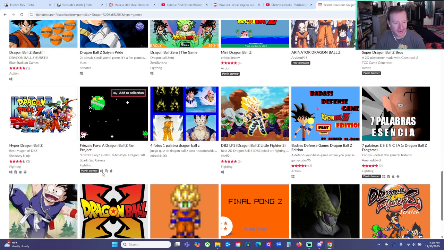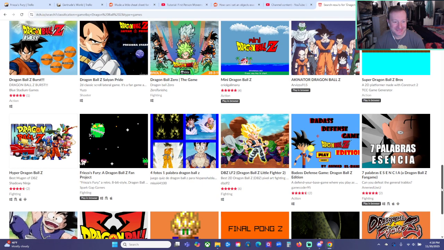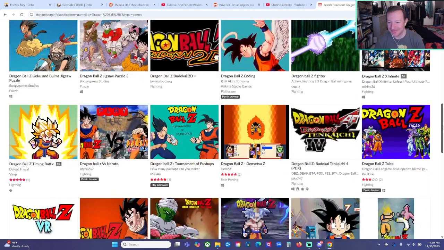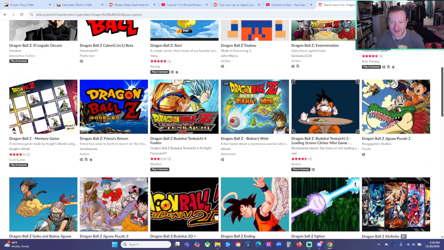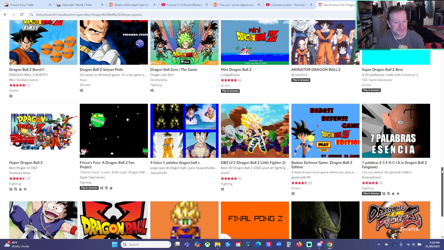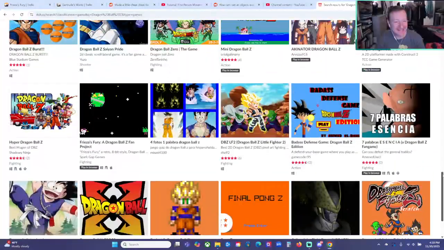But look, it's got play in browser, and it shows we have the other versions of it. It looks pretty robust compared to these other listings. Yes, it looks super robust and really nice. Look at that, with little Frieza and Piccolo. So we'll see who plays it. A lot of these are just the Windows version or whatever, and ours is like, oh look, we got a version for everything. I love that ours is up there on the list now.